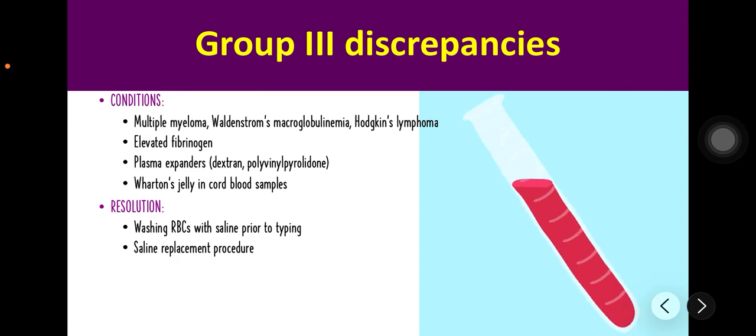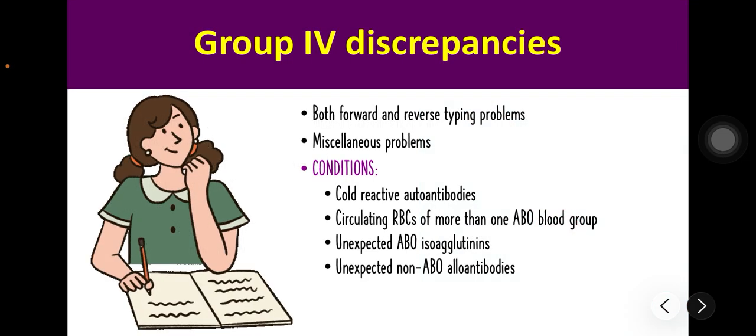Now let's proceed to Group 4 ABO Discrepancies. These are categorized as miscellaneous problems where the results of the forward grouping, or testing the red cells, do not match the expected results of the reverse grouping, or testing the serum or plasma. Unlike other groups that focus on specific missing or extra antigens or antibodies, Group 4 is a catch-all for unique